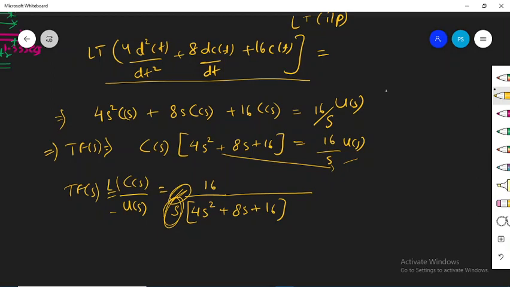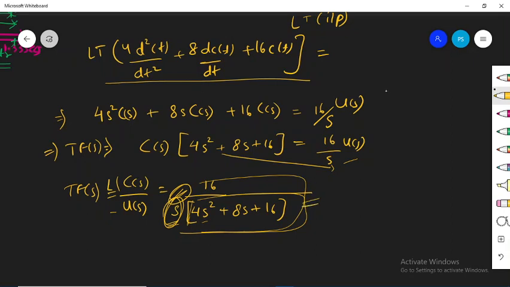In case of second order systems also, when we took the step input while solving for the second order system, there also what we were doing, we were having the generalized equation, that is omega n square divided by s square plus 2 zeta omega n s plus omega n square, and that we multiplied with 1 by s. So the input's pole is not counted. This is the transfer function and this equation will be representing the poles of the transfer function. So this is definitely a second order system.